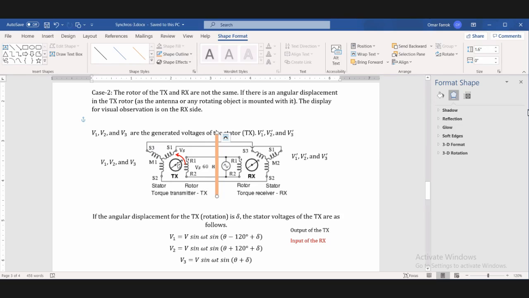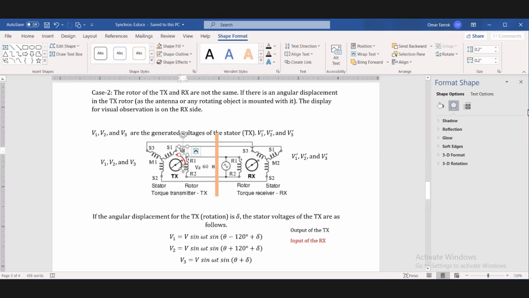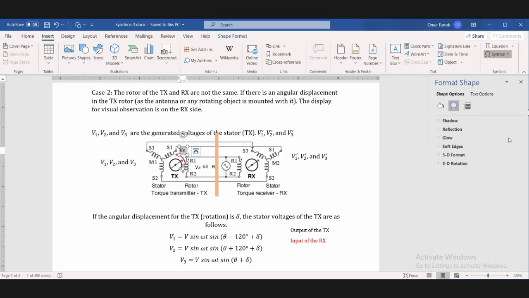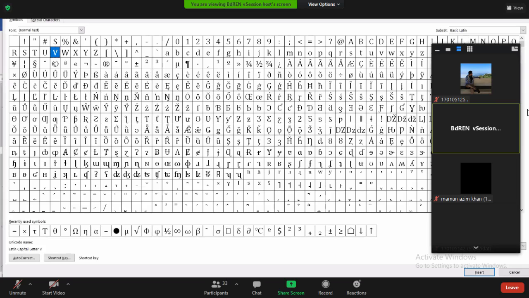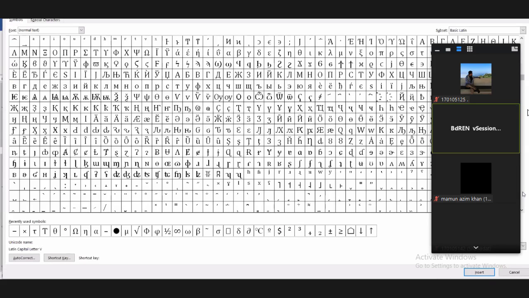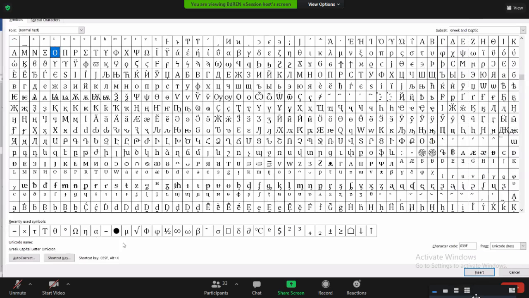তো এখন যে অ্যান্টেনাটা কানেক্টেড আছে ট্রান্সমিটারের সাথে, এটা যখন ঘুরবে তখন আমি এখানে একটা অ্যাঙ্গুলার ডিসপ্লেসমেন্ট বসাই দিই, সেটা হলো ডেল্টা পরিমাণ ধরে নিলাম, সে ঘুরে গেল ডেল্টা পরিমাণ। তাহলে আমি এখানে একটা সিম্বল বসাই দিই, ডেল্টা। এখানেই ডেল্টা পাওয়া যাবে আশা করি। তোমরা একটু হেল্প করো দেখি ডেল্টাটা কোন দিকে আছে। ডেল্টা নিচের দিকে মনে আছে কোথাও, এই যে ডেল্টা পাওয়া গেছে। হ্যাঁ ঠিক আছে, তাহলে আমি ডেল্টা পেয়ে গেছি।